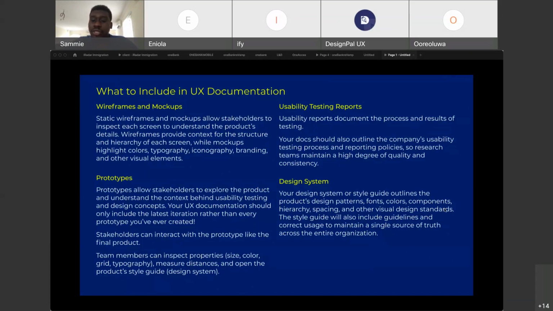Now, usability testing reports, the process and results of your testing. Your docs should also outline the company's usability testing process and report so that research teams maintain a high degree of quality and consistency. Now, where this will be very helpful is that in a scenario,